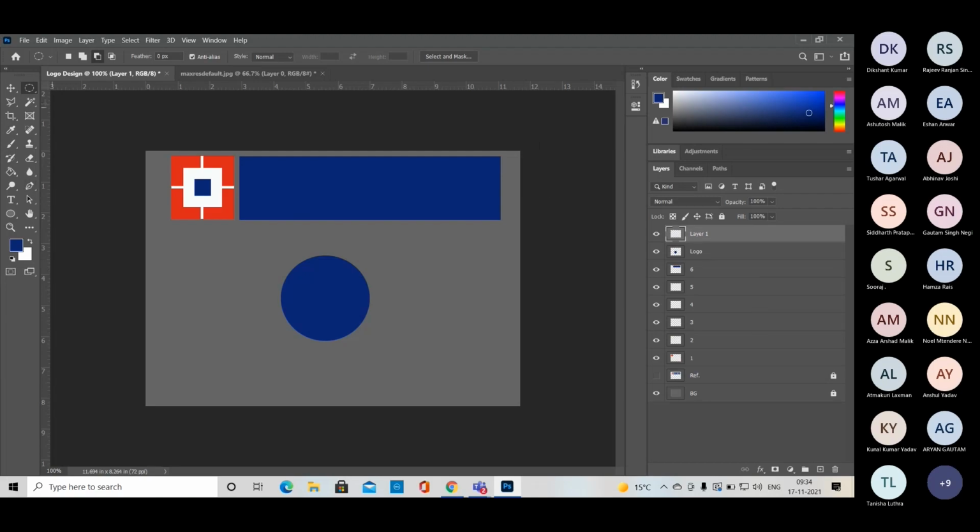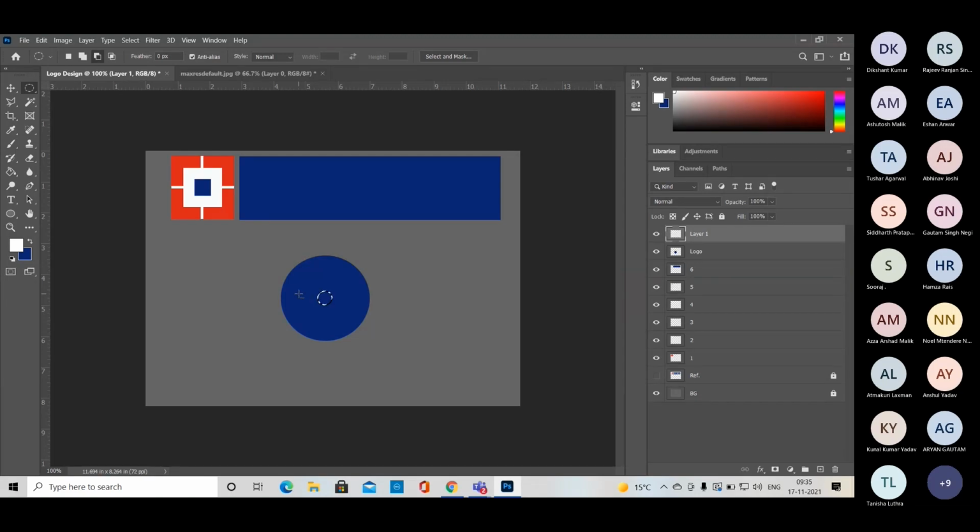Now I have to design something different, so select the circle, this bar, want to reduce the size, right? Want to fill white tone, so just switch the color with the help of X. X is the shortcut key, right? So we need to understand the shortcut keys so we can do faster work, right?